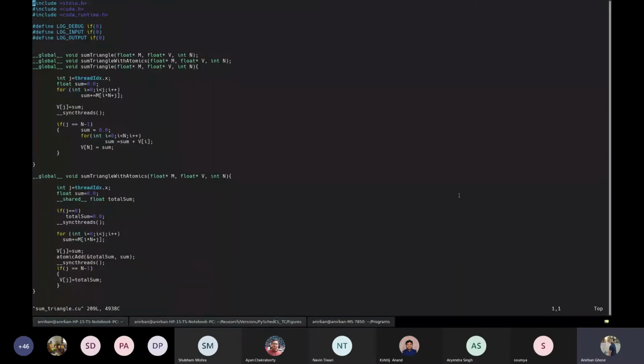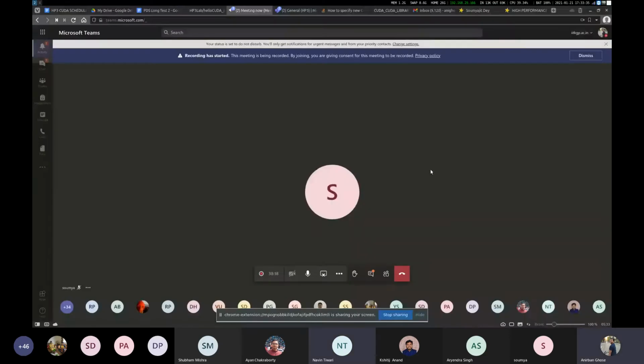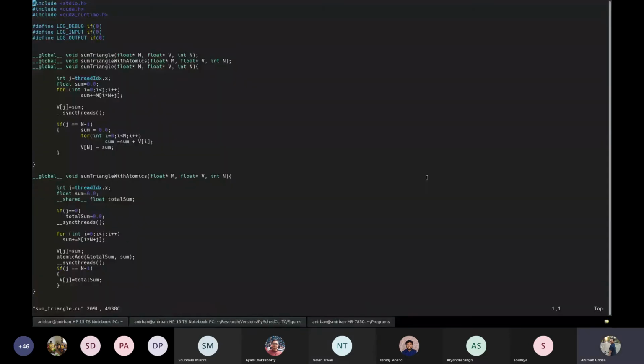So is my screen visible? Yes. Can you see the code here? Yes, it's visible.